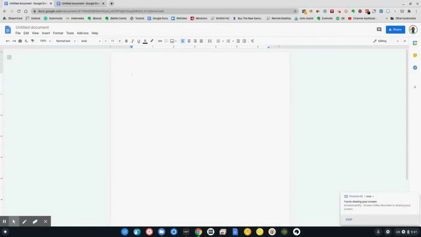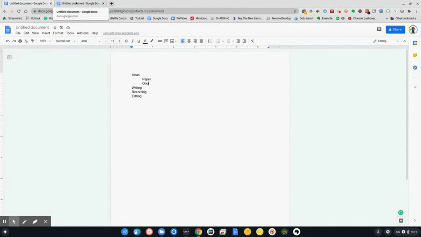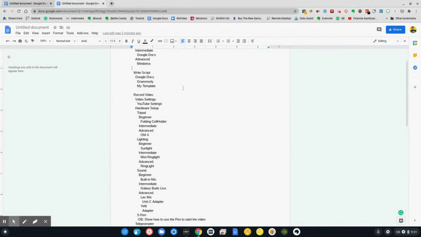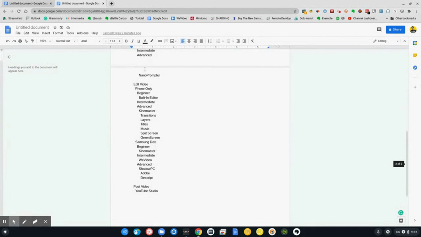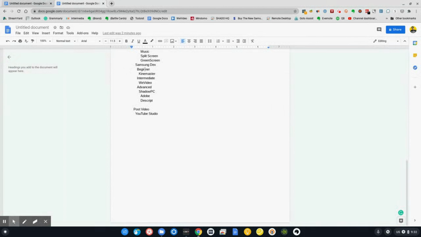Let's continue with the intermediate level of the gathering of ideas. We can use Google Docs to get the information out of our head. We can do ideas, writing, recording. We can go back through and put the other sections below that. It's better than writing on paper because we have it in a document that we can look at both in DeX and full screen as well as on our phone. The problem I personally have with this is that what we will soon end up with is something that looks like this. This just makes my head hurt. I prefer the advanced level, which I'll show you now.